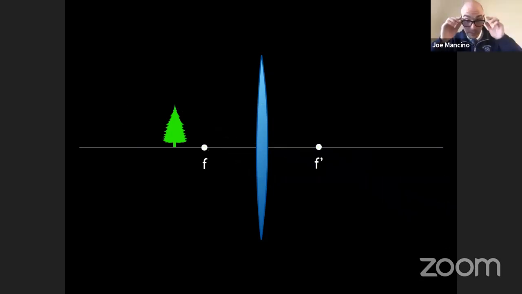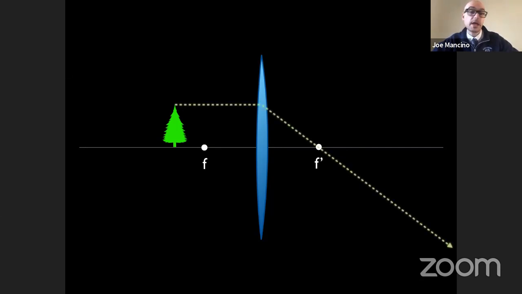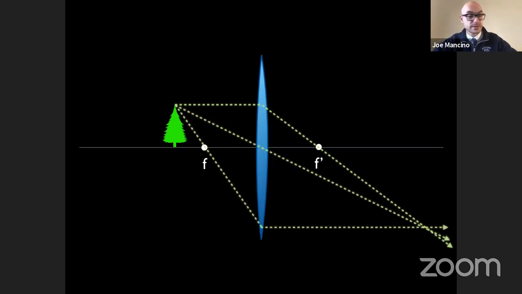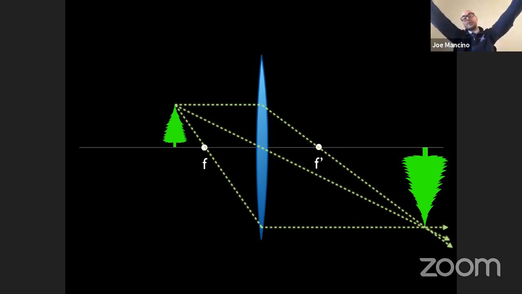In the third example, the object is even closer. The object is just behind the focal length of the lens, just further than 1F away. Same 3 rules apply. Except this time you'll notice that the image is huge. This is how a projector works. A very bright object, a very bright LCD screen with a light behind it, shines through a lens, and that lens projects a very big image